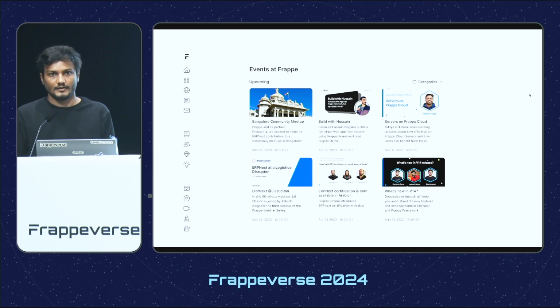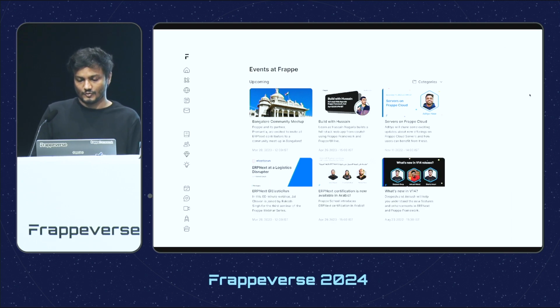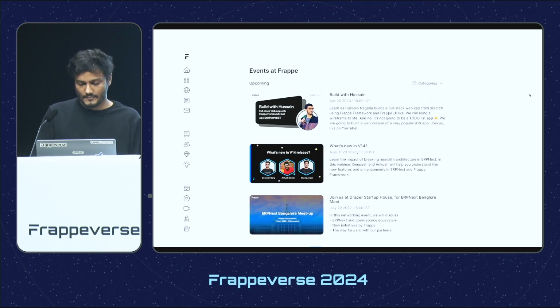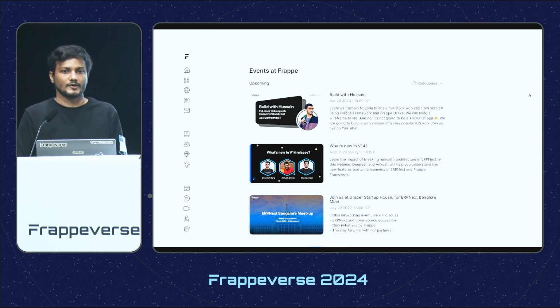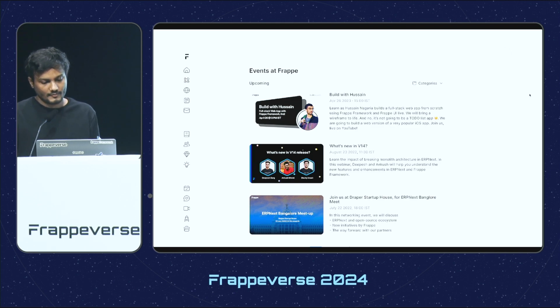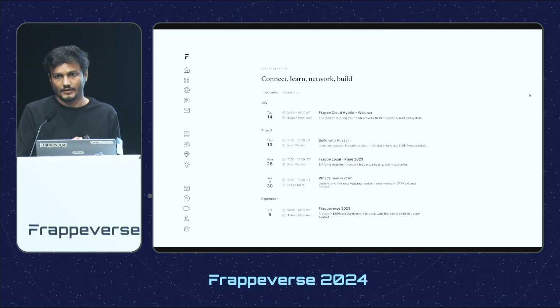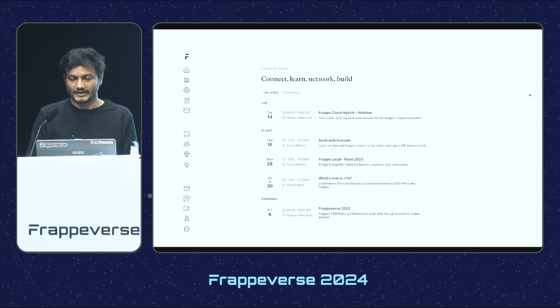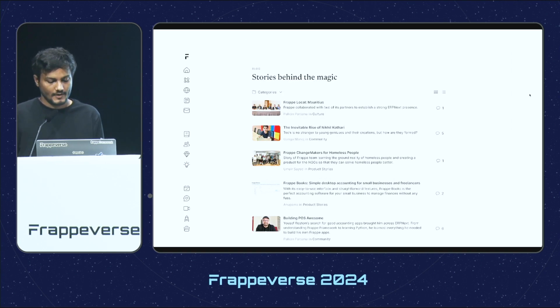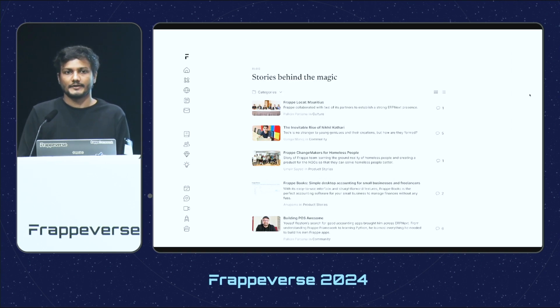So events, again, they went from cards to one column cards. And at this point, because we didn't have control over the thumbnails that people were using, they were not very consistent, and they were kind of ruining the rest of the vibe of the website. So I just completely stripped it down to this kind of a list, which looks like a calendar format. And this feels more natural, and it gives a broader view, and it is less distracting with the multi-fashion images. Same with the blog, but here I retained the images because they complemented the posts.